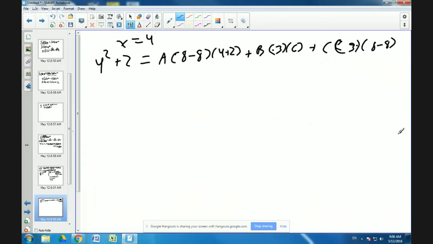Now, since the 8 minus 8 on either side go to 0, our a disappears and our c disappears. So we're left with 18 equals b